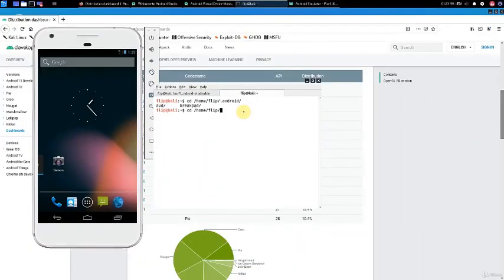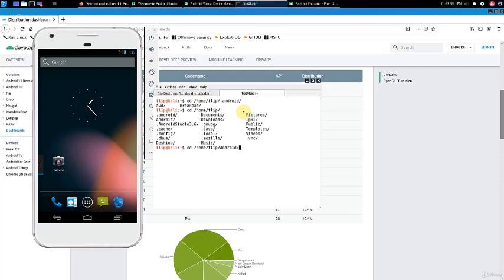So we just set up our first emulator. Now we're going to have a look at the tool called ADB, Android Debug Bridge. So this is a tool that's used to communicate between the host machine that you're working on and the emulator, or even the Android device in the case that you're using an actual device during your analysis. So say you're working on a Linux, Mac, or Windows machine, and you have an emulator running, or you connect your device through USB. Then you can use ADB to communicate between the machine and the Android system.